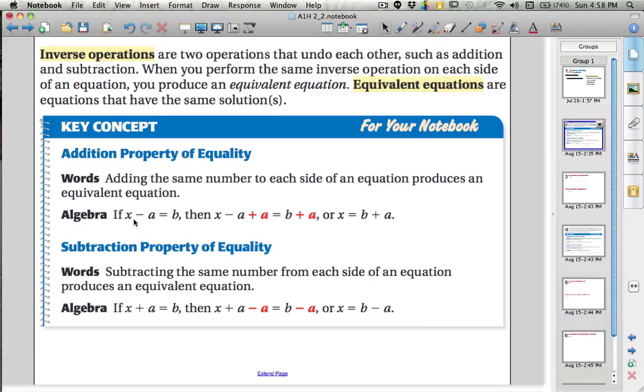The example here is x minus a is equal to b. Then I can add a to either side, which allows me to isolate x, and I get x is equal to b plus a. And the same is true of subtraction, but I'm sure you're already familiar with that. In practice,